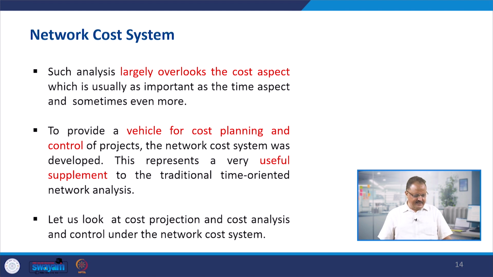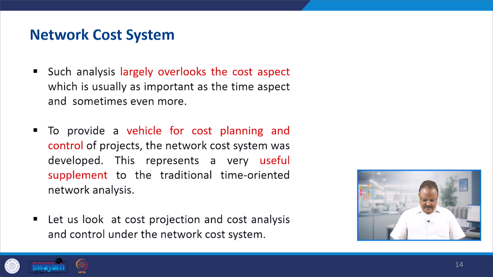That is why it is clearly written here that such analysis largely overlooks the cost aspects, which are usually as important as the time aspect, and sometimes more useful, because cost includes money and resources. So, we can save resources by spending some more time if it is possible. Next is to provide a vehicle for the cost planning and control of projects. The network cost system was developed later on. This represents a very useful supplement to the traditional time oriented network analysis. It is an addition to the time oriented network techniques,